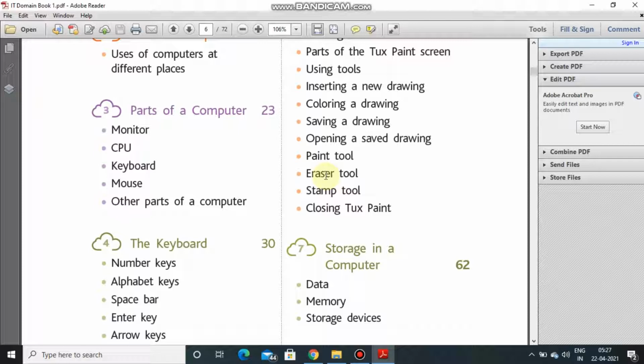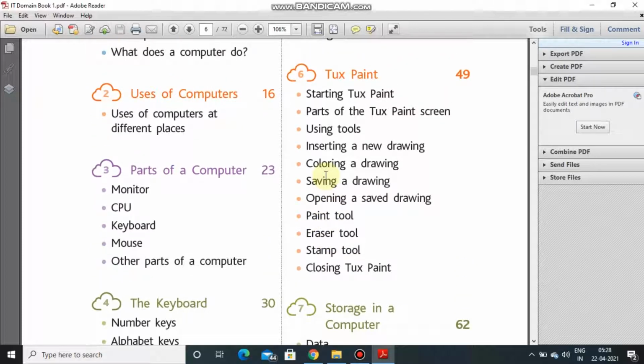As I have told you, students, you have seen computers in so many places: at your home, at offices, in your mother's or father's offices, in school, at banks, at airports, at railway counters, at small groceries. So all these places are where computers are being used. So we will be discussing the uses of computer at different places. Like if I'm talking about the airport, the computers can be used for recording the flight manuals, for booking and cancelling tickets, for maintaining the other resources. So we will be discussing the uses of computer.